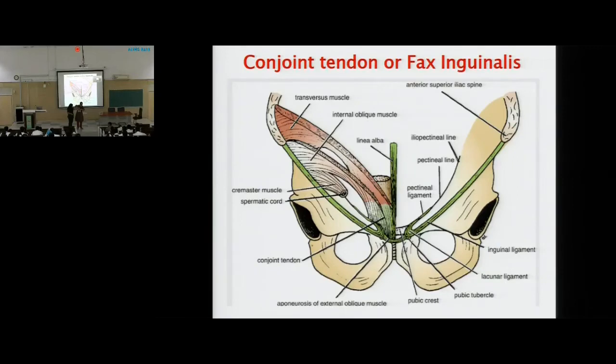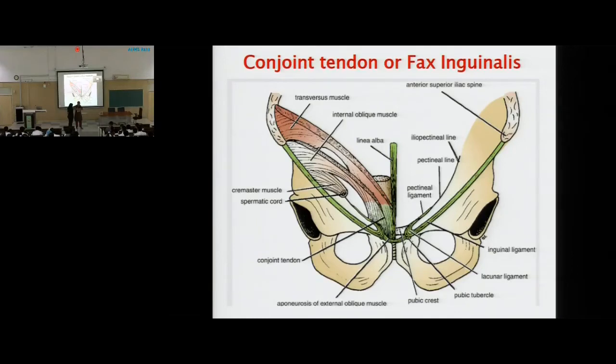So when it is going and getting inserted over the pubic tubercle, what is happening? The aponeurotic fibers of the internal oblique and transversus abdominis are going to unite with each other and become thick. In which area do they become thick? In this area. Why? Just behind the gap, just behind the superficial inguinal ring, because this is a potential space for hernia. This has to be protected from the posterior side. So the aponeurosis of both is becoming thicker in this area and gets attached here. And this is called the conjoint tendon.